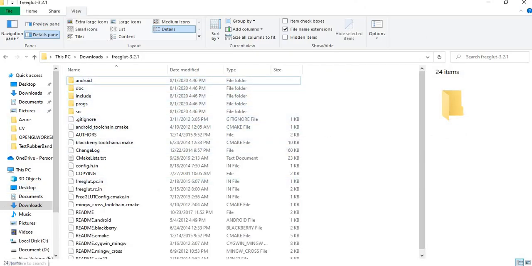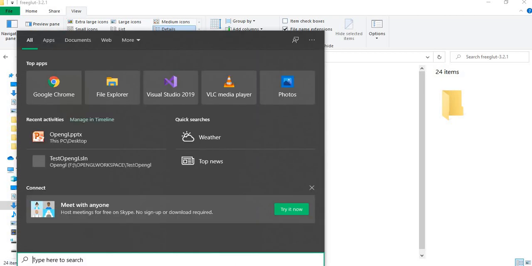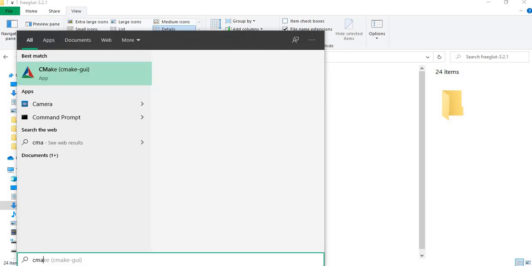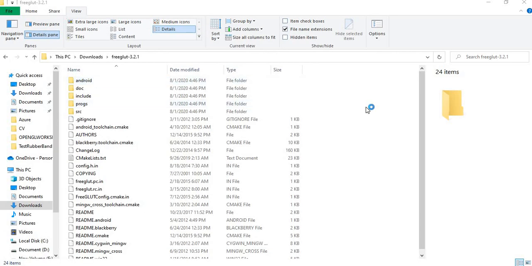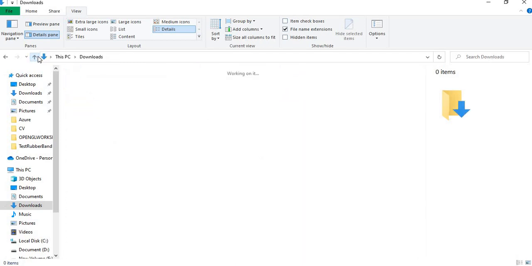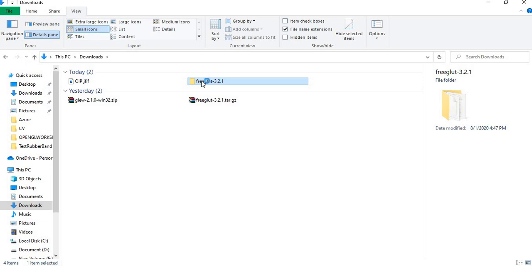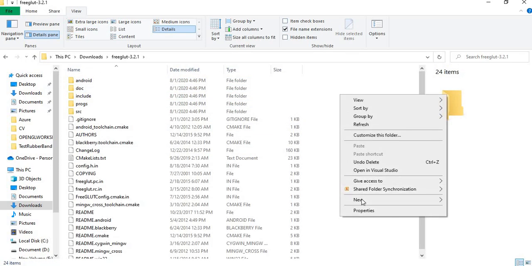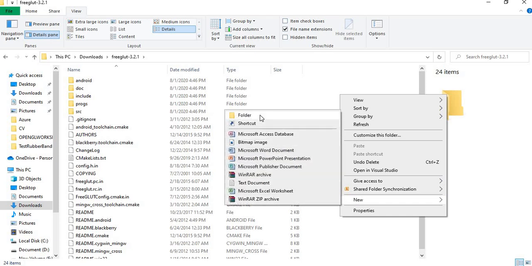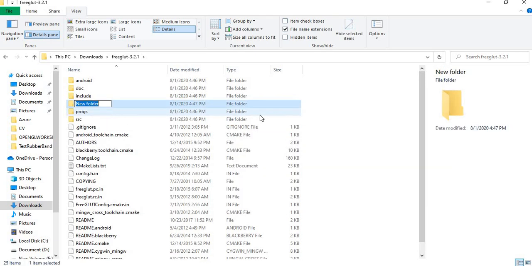To build FreeGLUT, we have to use CMake. The CMake UI is available; you can download it from the net. I need to create a build folder where we are going to build.